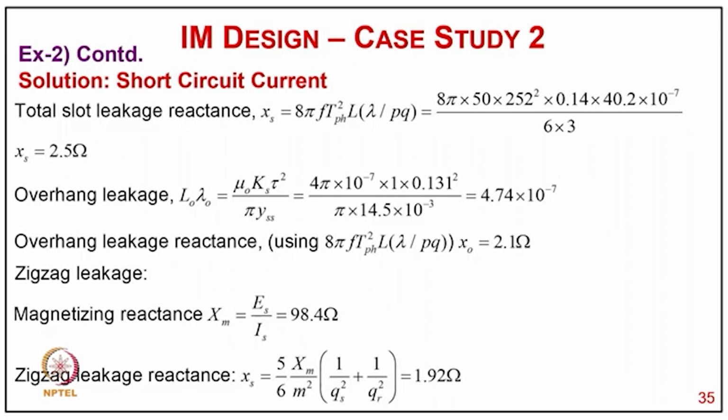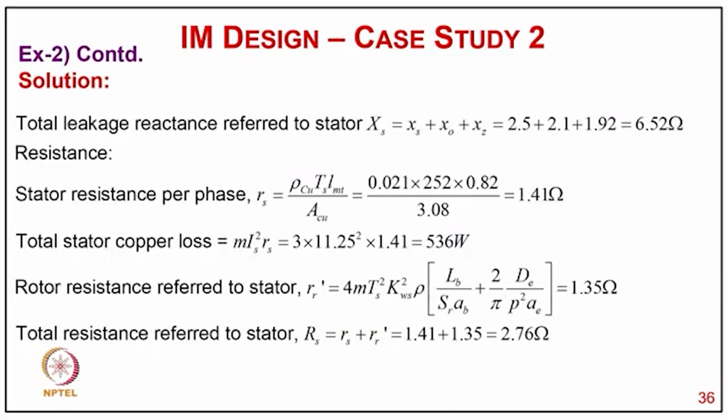And zigzag reactance, we calculate from magnetizing XM upon ES upon IS, so it comes 98.4. So zigzag is 5 by 6 XM upon M square in bracket 1 upon QS square plus 1 upon QR square, so it comes 1.92 ohm. So total leakage reactance referred to stator is XS equal to small xs plus X0 plus XZ, it comes 6.52 ohm. And stator resistance per phase RS equal to rho CU into TS into LMTS upon ACU, it comes